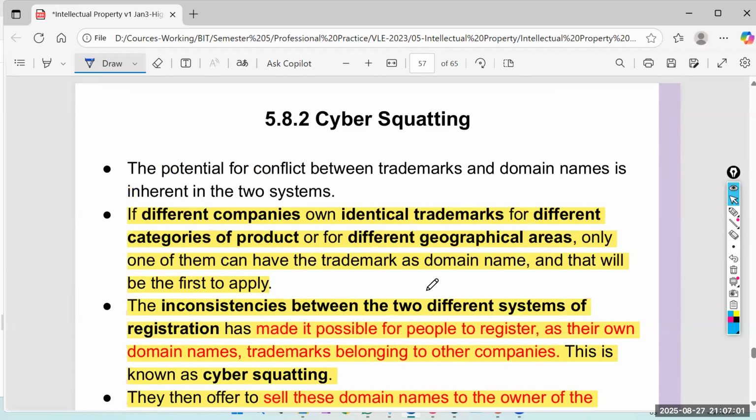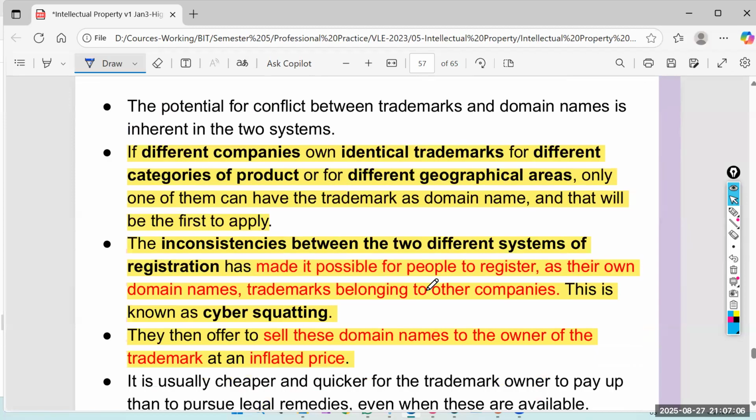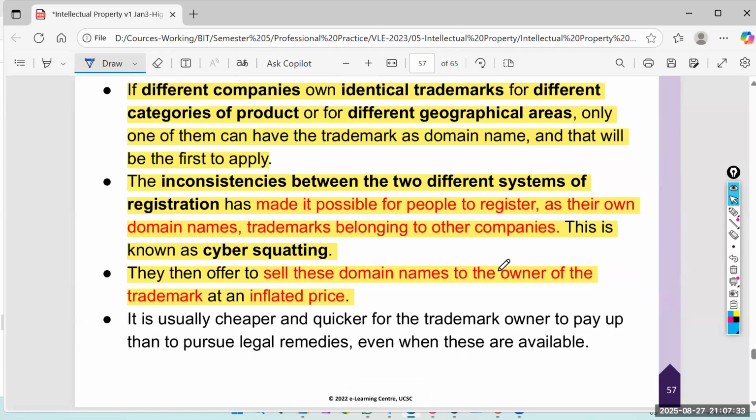Right. What is meant by cybersquatting? As I told you, cybersquatting means someone registers a domain not because he or she wants it, but thinking that when the genuine user wants it, they can sell it at a very high price. That tactic is called cybersquatting. It's a commercial activity, but there are limitations as well, because sometimes it is really an unfair thing to do. So okay,